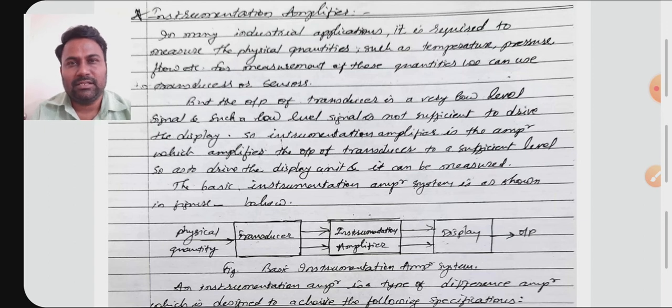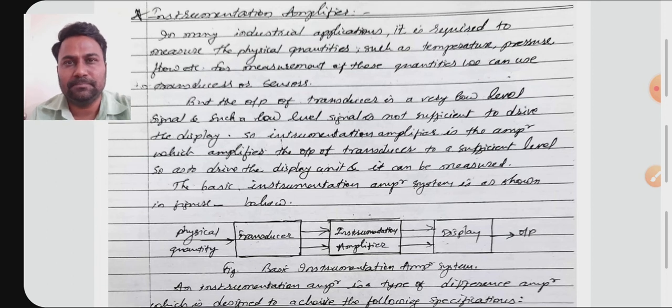You know that an instrumentation amplifier is the amplifier which is used in the industrial applications to amplify the output of sensors and transducers. Theoretically, you might have studied the theory of instrumentation amplifier in second year. Now let us brief the theory, the equation for gain of instrumentation amplifier, and then we will solve some problems based on the design of instrumentation amplifier. So let us start from the block diagram of instrumentation amplifier.